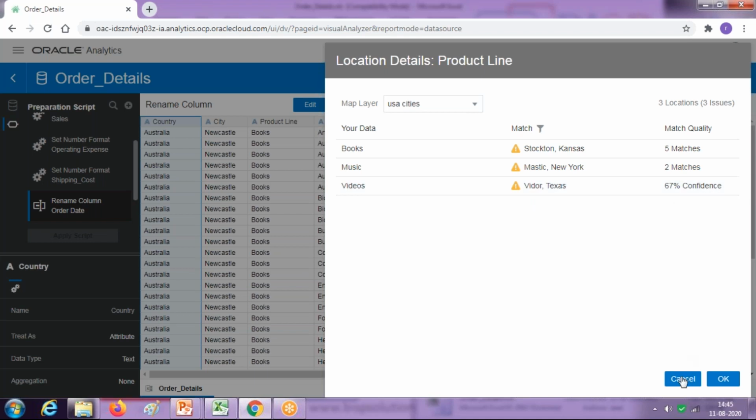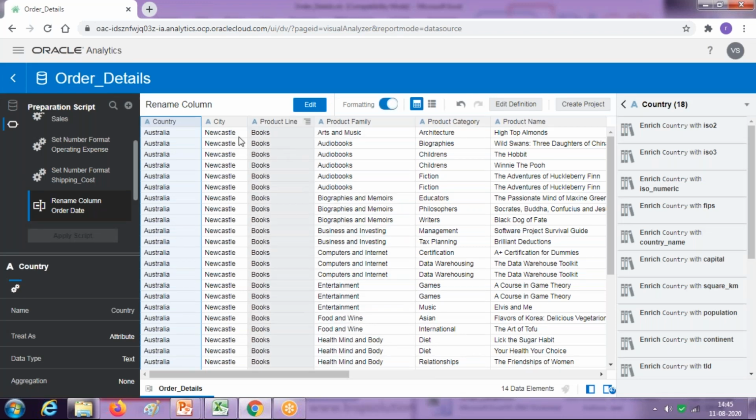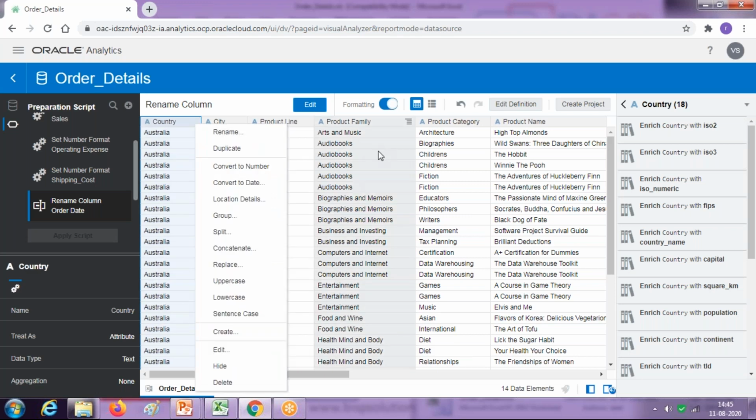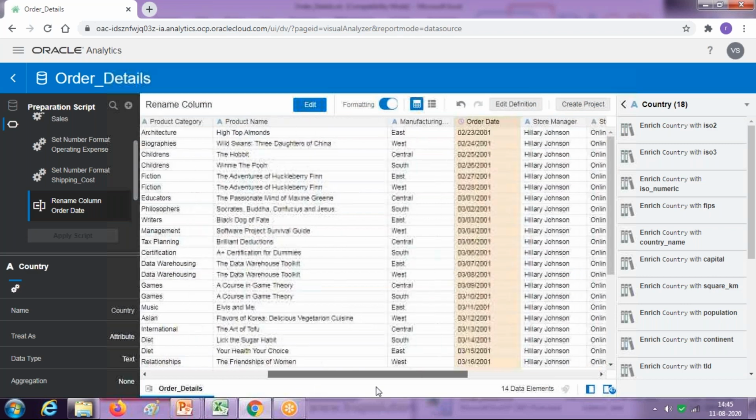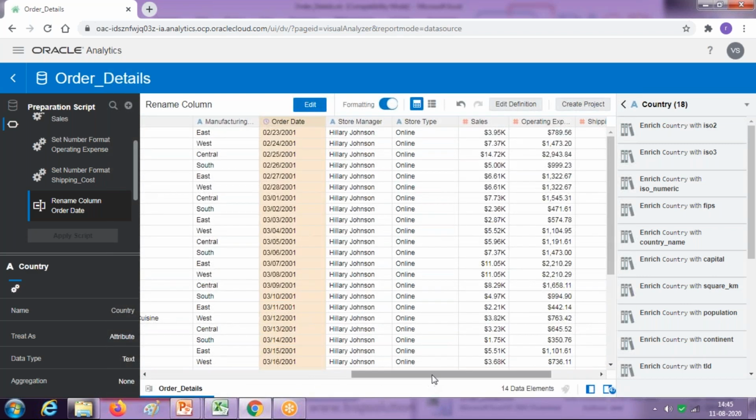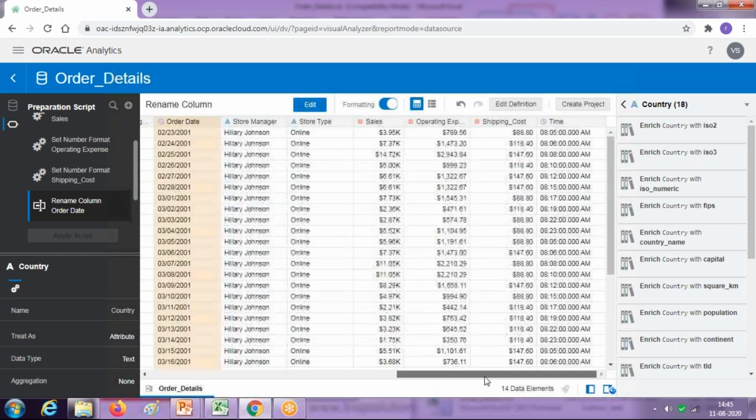So you see this basic intelligence ships along with the system. There's nothing explicitly you need to perform. So location detail and other activity you can perform. You can perform typecasting, convert to integer or date as you need it. Right now we need to apply location detail, and I'm going to add a couple of options. So next I'm going to apply with the measures.